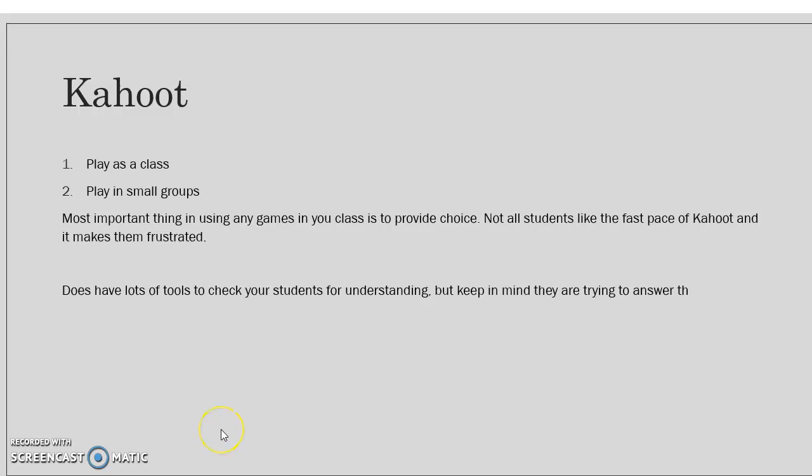So one of the ones that you probably know about is Kahoot. So we play Kahoot as a large class when I have a bunch of students in there. You can play that in a small group as a reteach or just a review. The most important thing that I found when we're using games in the classroom is that we provide them a choice. Not all students are going to like the fast pace of Kahoot, and it makes some of them very